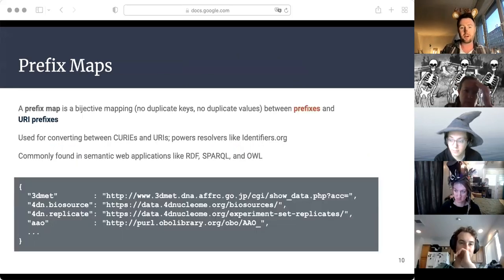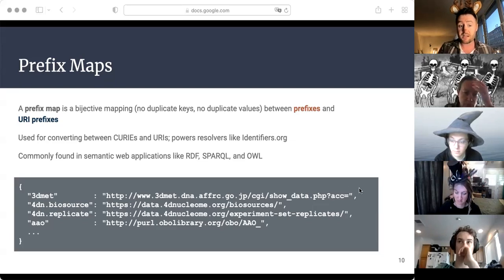Okay, and I mentioned very briefly that one of the reasons we care about this is to build up prefix maps. This is another thing that's going to show up in the vocabulary of what people are talking about today quite a bit. Prefix maps are a way of matching up a prefix to the URI prefix. Like I mentioned with this Kibi example, there's Kibi as the prefix, and then there's this kind of long URI bit that comes before the local unique identifier.